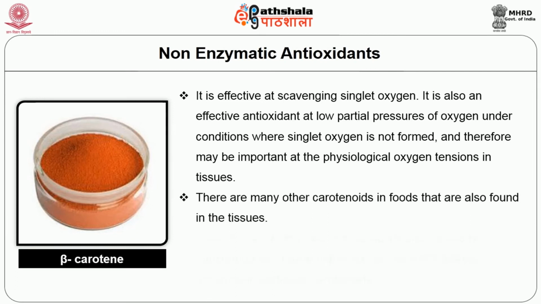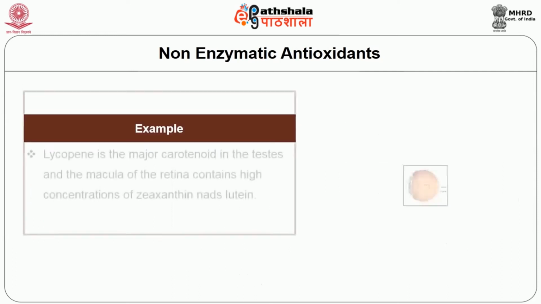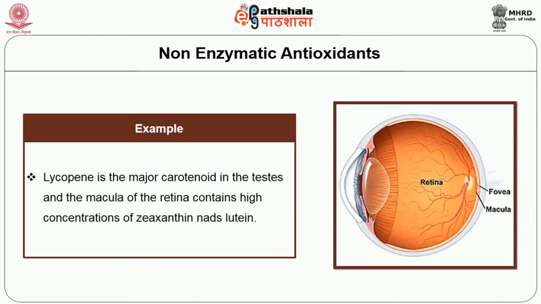There are many other carotenoids in foods that are also found in the tissues. Their nutritional and biochemical significance is poorly understood but may be highly specific as some tissues accumulate particular carotenoids. For example, lycopene is a major carotenoid in the testes, and the macula of the retina contains high concentrations of